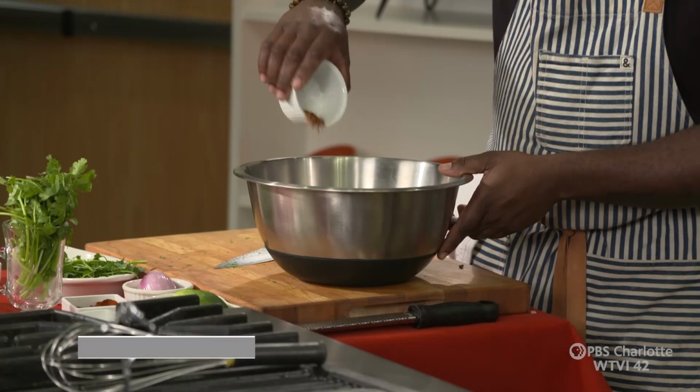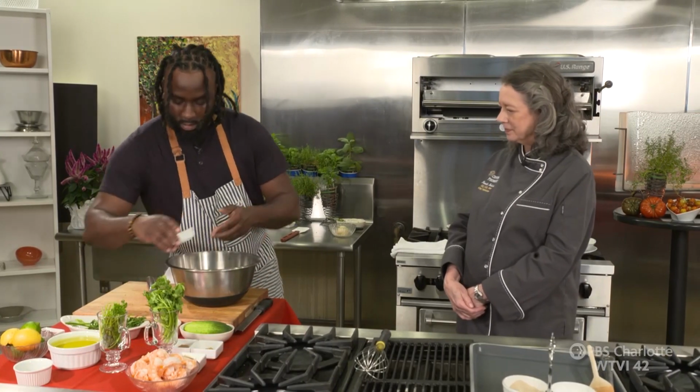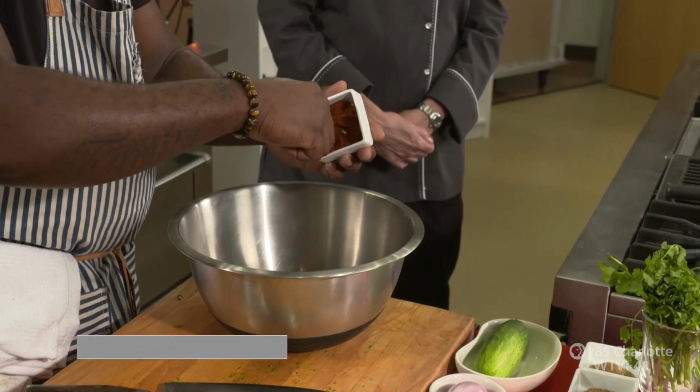In we're gonna go with our red chili flake. You can turn the heat up on this thing if you want, but this is about half a teaspoon. Okay. And we're gonna go in with a little bit of the paprika. It's like my favorite part of it. I love working with paprika. Do you? Oh yeah. This is the coriander,